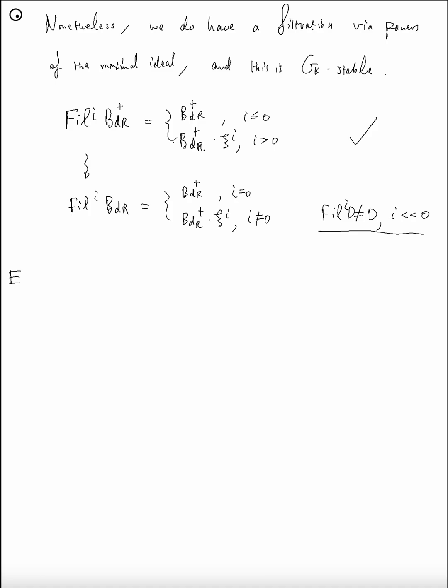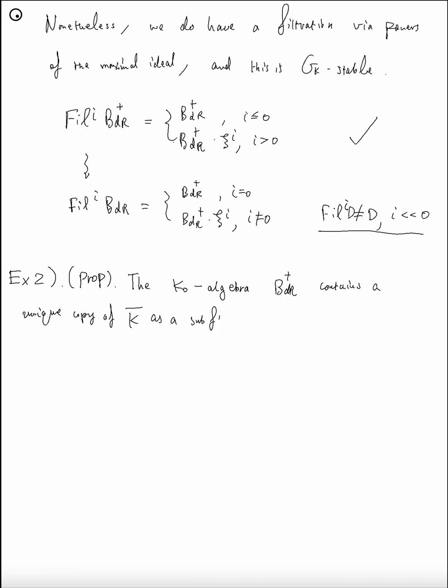Now let's do the main part of the exercise today. This is a proposition. Prove that the K_0-algebra B_dR^+ contains a unique copy of K-bar as a subfield over K_0,